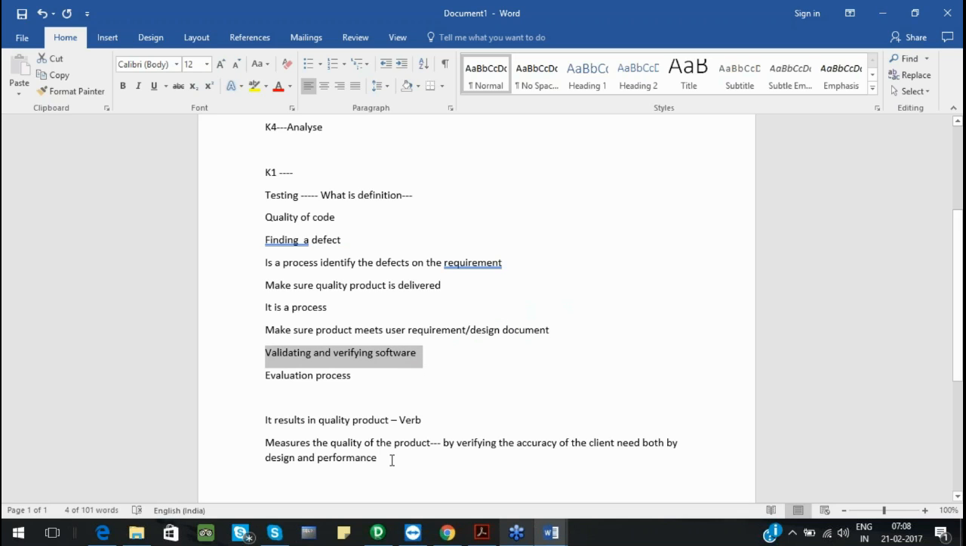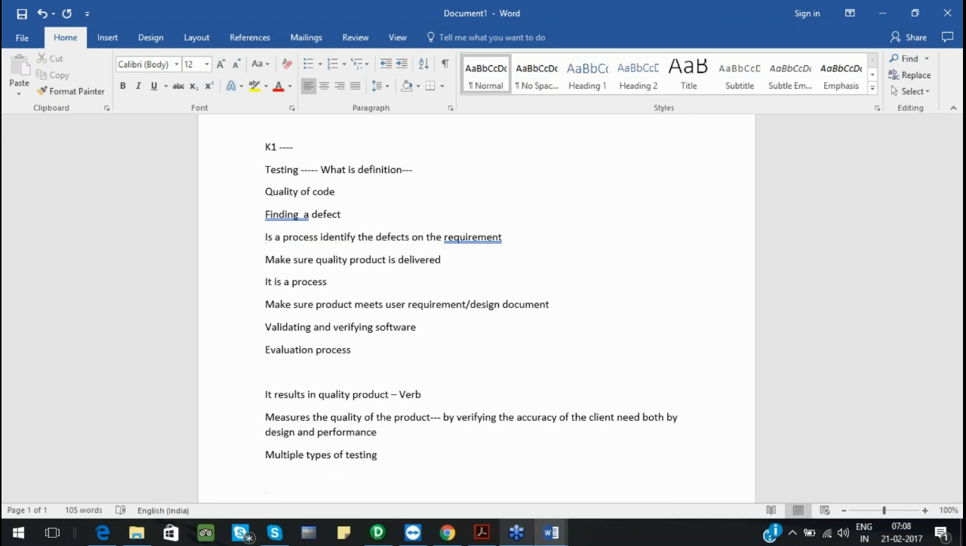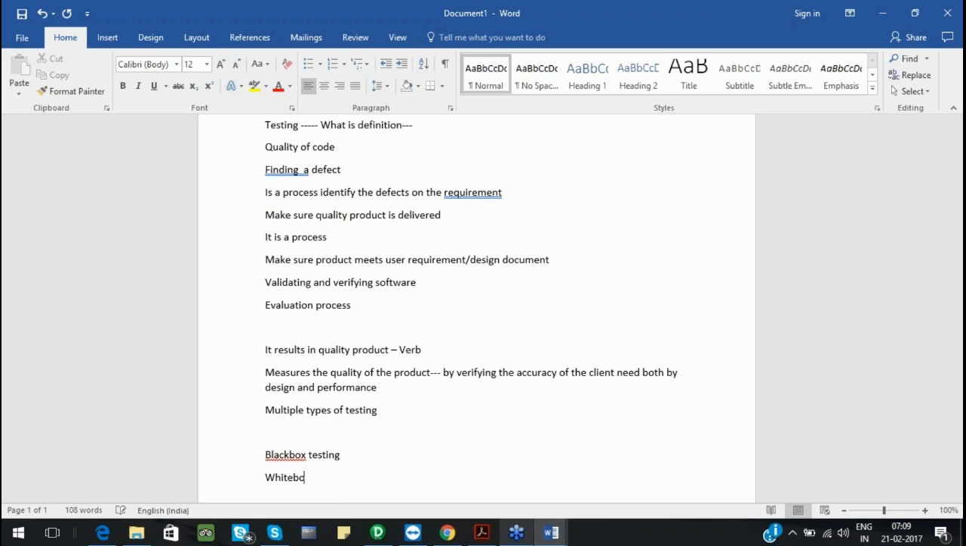Now there are multiple types of testing. On a high level, there are two types: one is black box testing and white box testing. Black box testing is verifying